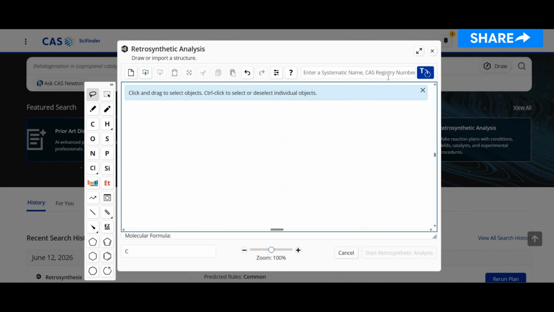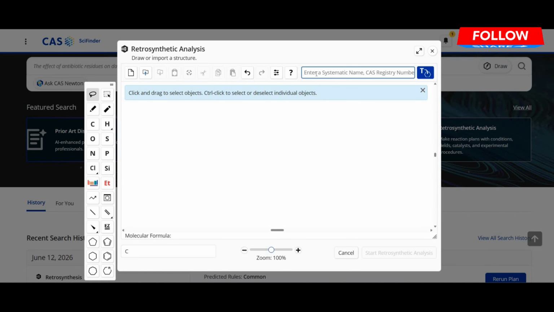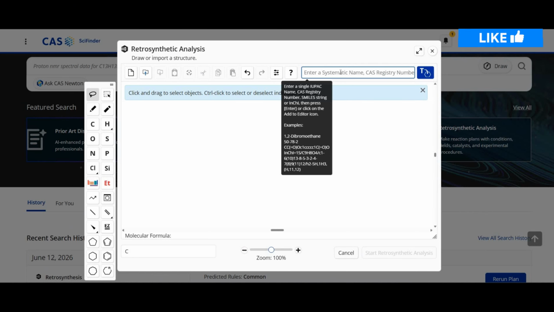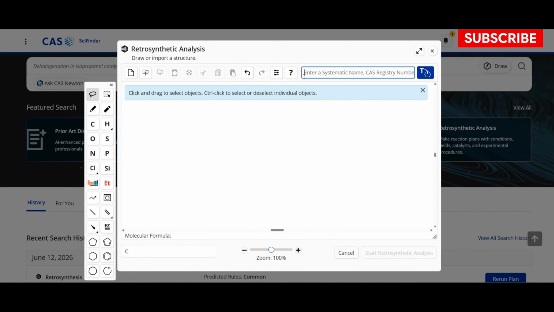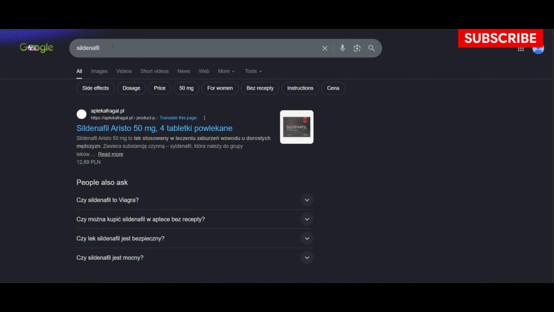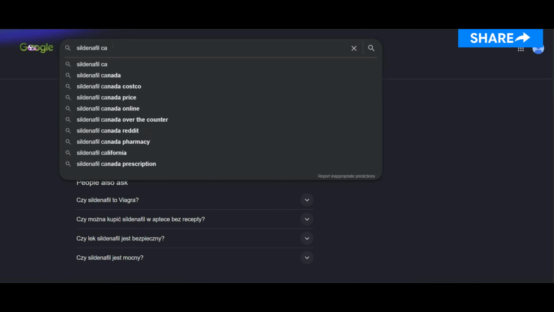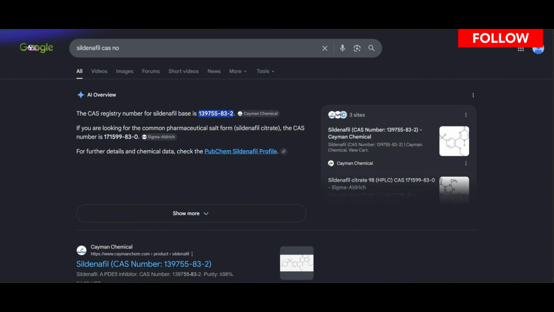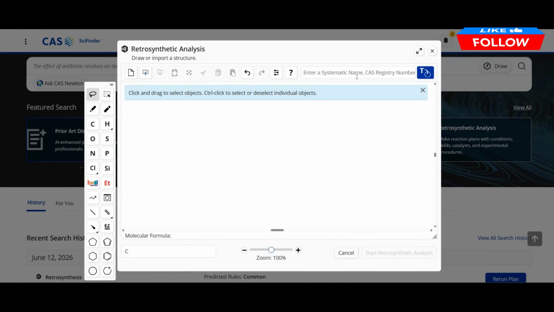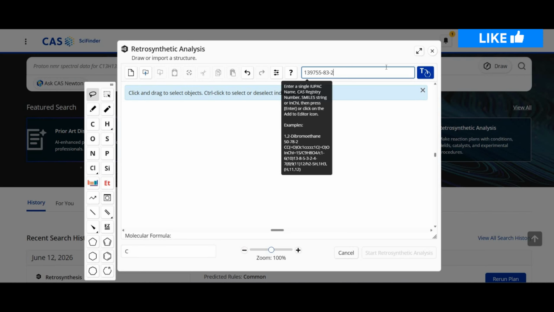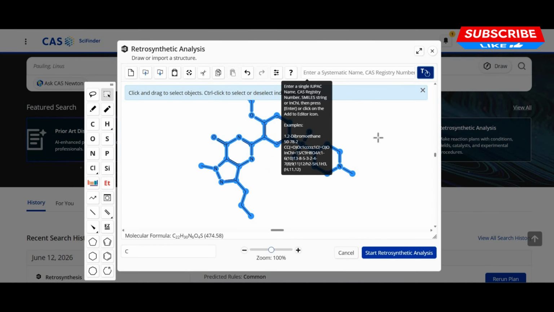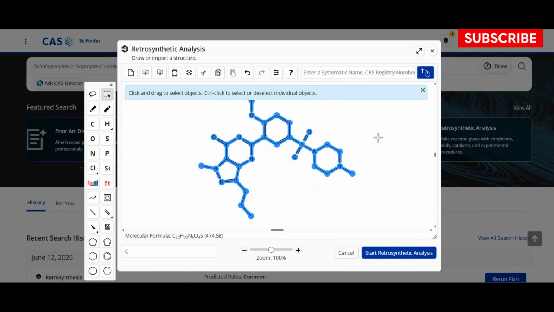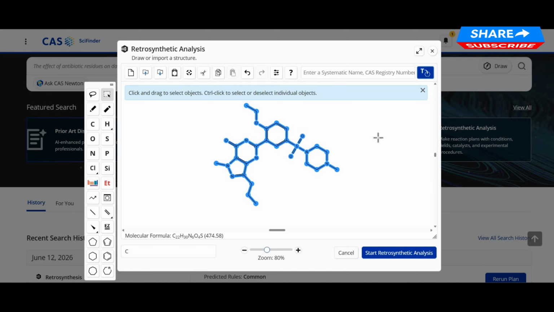Since this molecule is commercially available, you can also draw the structure by entering the CAS number or IUPAC name. So we can find the CAS number by doing a Google search. So let's find the CAS number. So this is the CAS number. I will copy it, then go back to SciFinder, paste here and click over there. Now you will see the structure of the molecule in a second, right? So it will save you a lot of time, but if it is not commercially available, then you have to